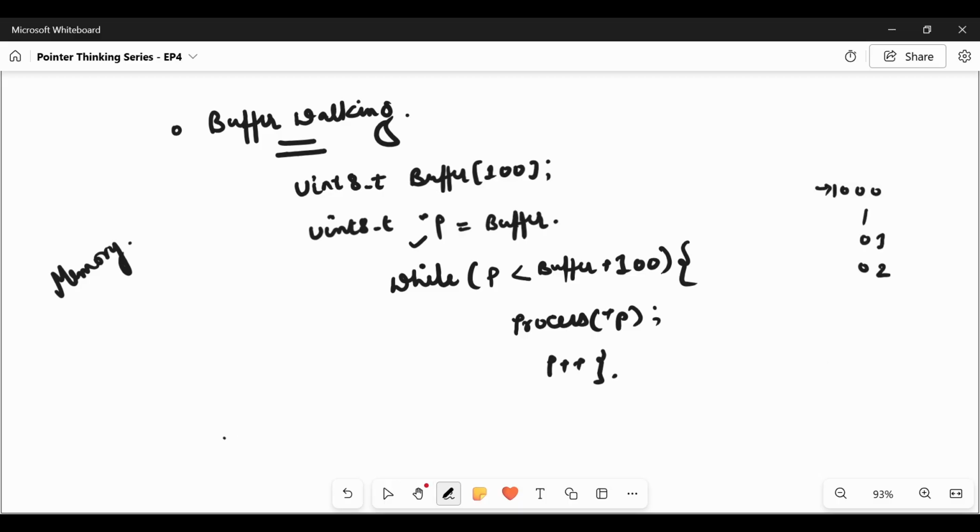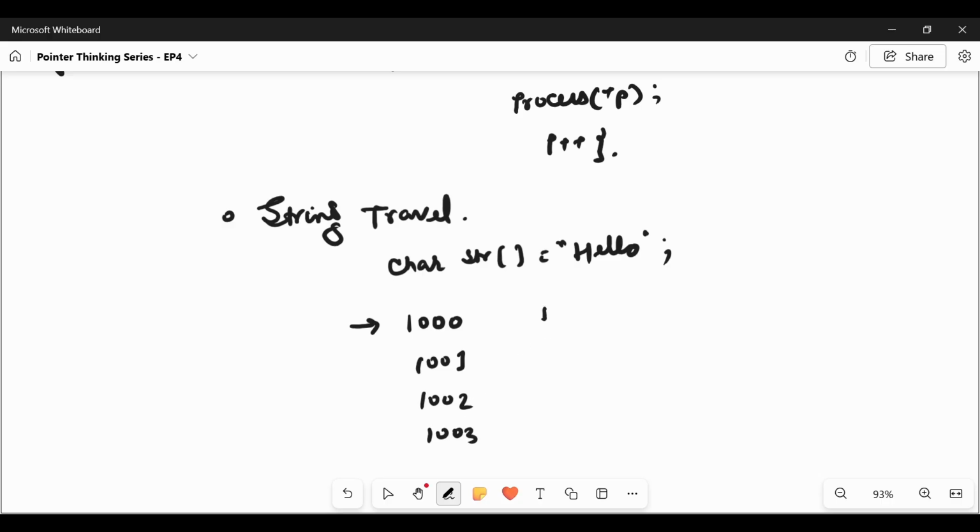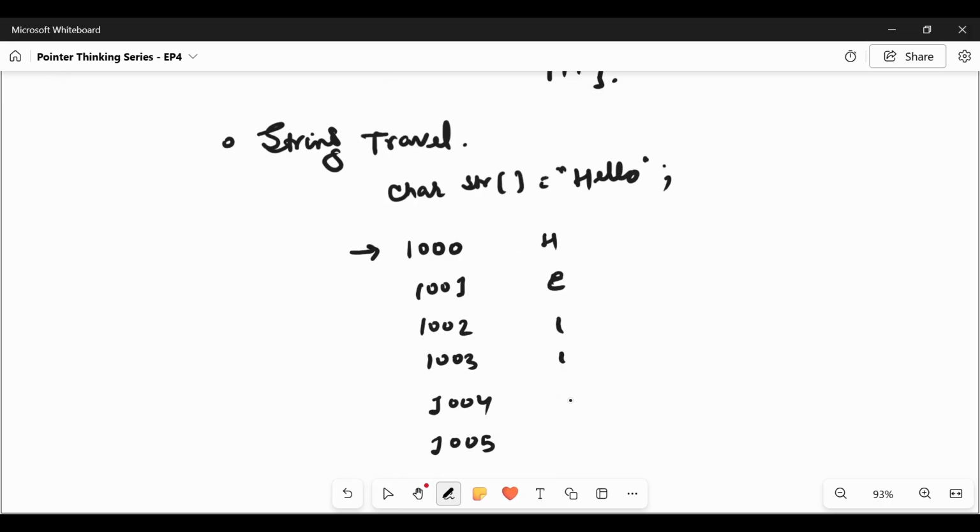Similarly, we can use pointers for string traversal, until the null character is found. Let us take an example. We have a character string with the value hello. This is a char array. Assuming the address starts at 100, the movement will be 1, 2, 3, and the values will be H, E, L, L. Since this is a string, we have one null terminator as well.